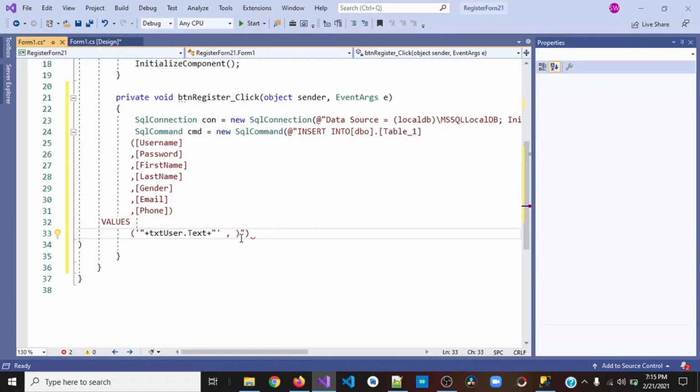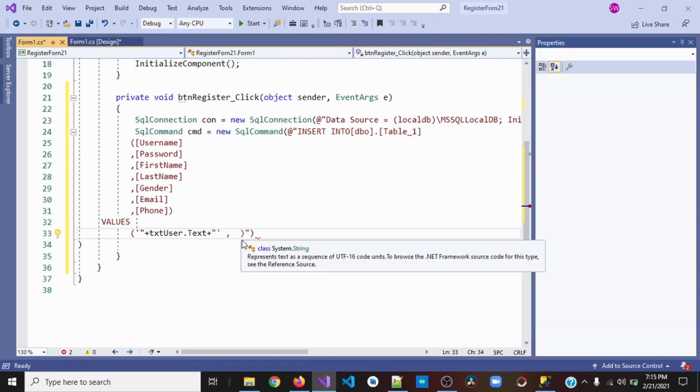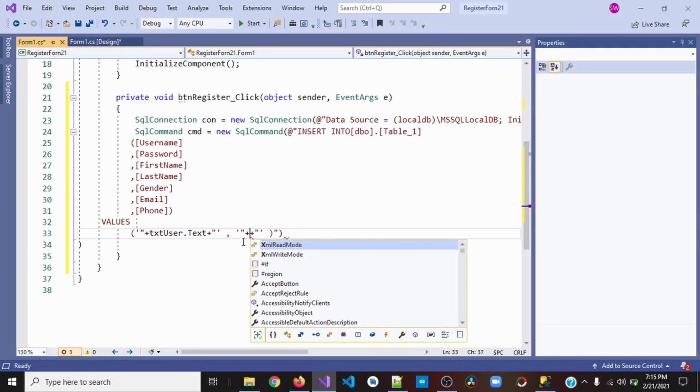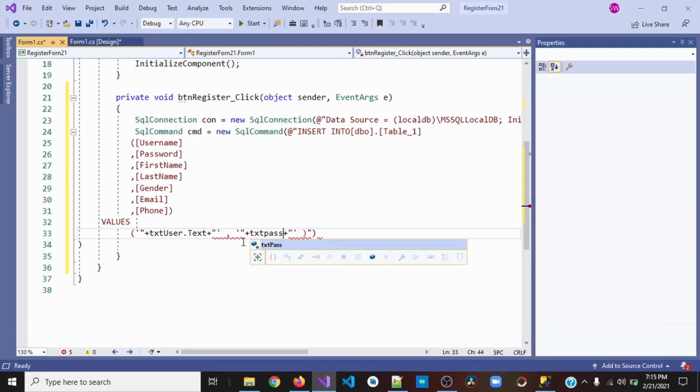And put a comma and another colon, two semicolons and two pluses, and next as txt password pass dot text and a comma, and the same thing again,